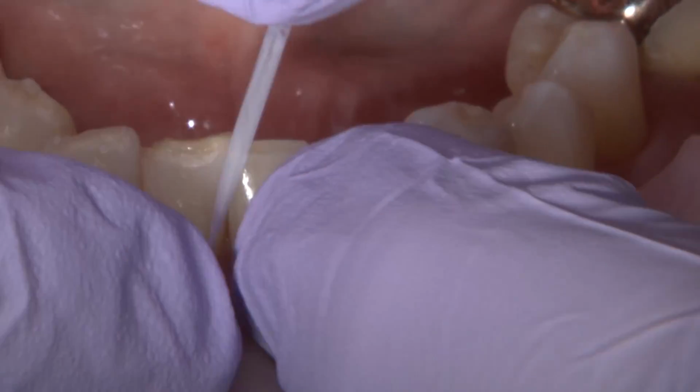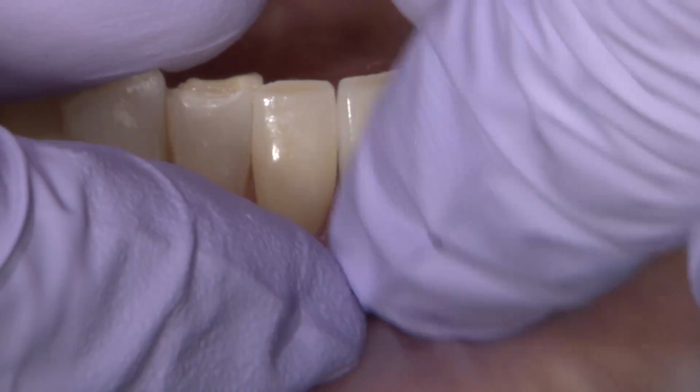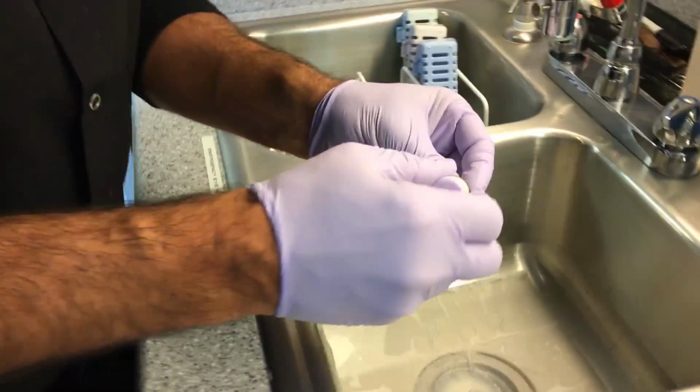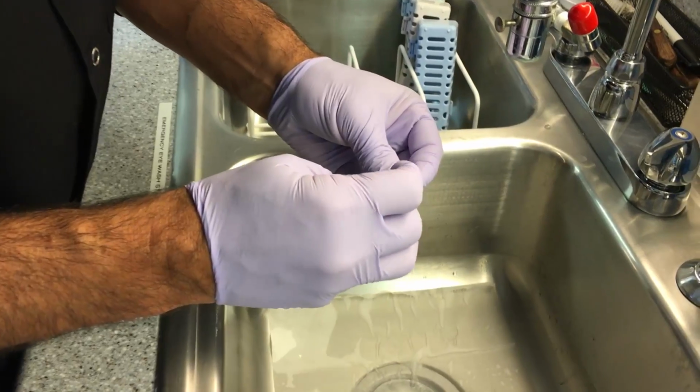We are now verifying the fit of the BruxZir Anterior veneers on number 23 and 24, and we check the interproximal contacts with some floss to ensure that they are fully seated, and these actually did not need any interproximal adjustments. After trying in all of the restorations and confirming their fit, we will prep the internal surfaces of the